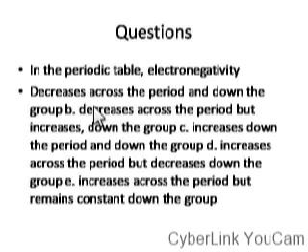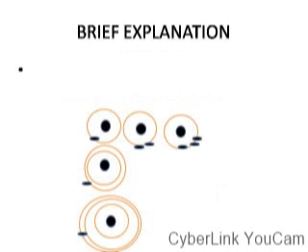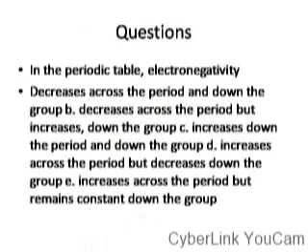Now let's look at them critically. Option B says electronegativity decreases across the period. So we have said it. If you look at our hypothetical case, you see that electronegativity increases across the period but decreases down the group. So the correct answer to that question should be electronegativity increases across the period, decreases down the group, and that should be option D, based on the analogy we have been given since we started this lesson. So the next question: